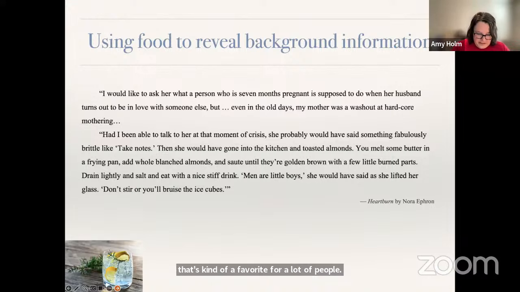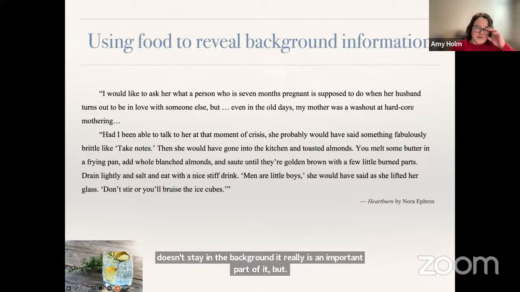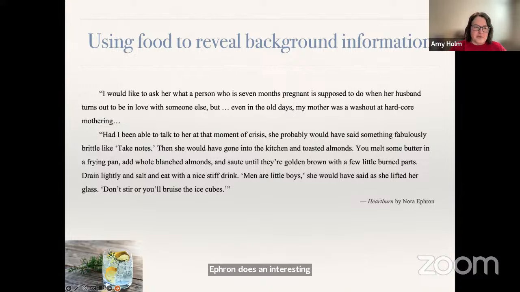But in this one, the main character is a cookbook writer. And so this is the kind of fiction where the food doesn't stay in the background. It really is an important part of it. But Ephron has an interesting way of incorporating recipes or instructions in second person point